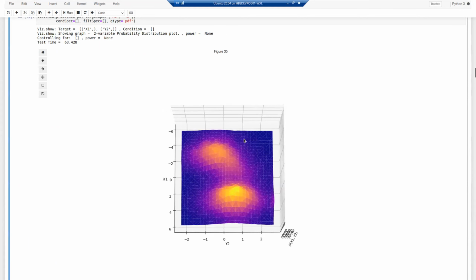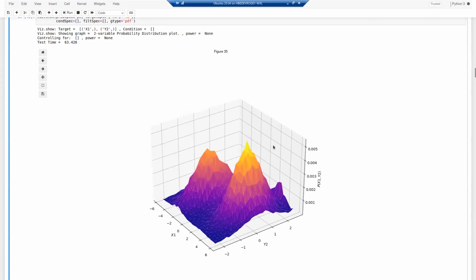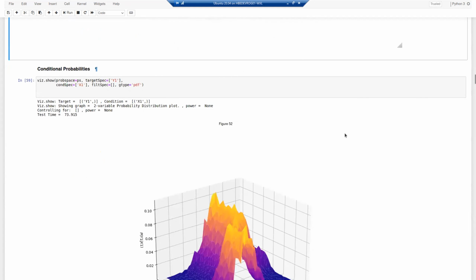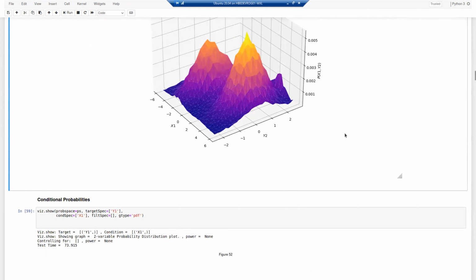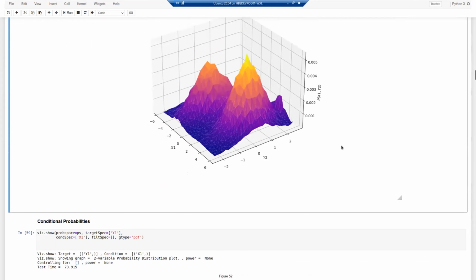Things aren't directly aligned left and right, top to bottom. And that indicates that these variables are dependent. All right, so that was joint probabilities, and they're kind of useful, kind of interesting, but they don't directly tell